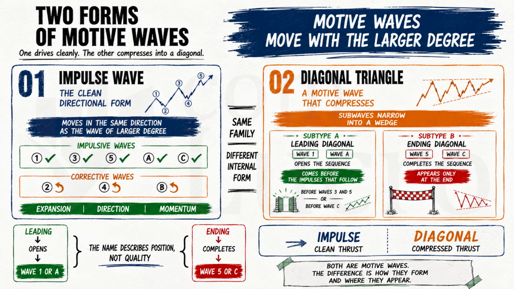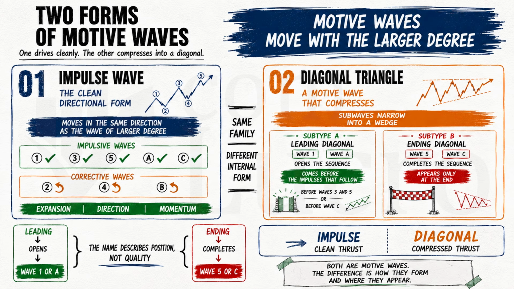There are 2, the impulse wave and the diagonal triangle. The impulse is the one we've been working with all along. It travels in the same direction as the wave of larger degree, which is why waves 1, 3, 5, A and C are impulsive, while waves 2, 4, and B correct against them. The diagonal triangle is the other form, also a motive wave, but one whose subwaves compress into a wedge instead